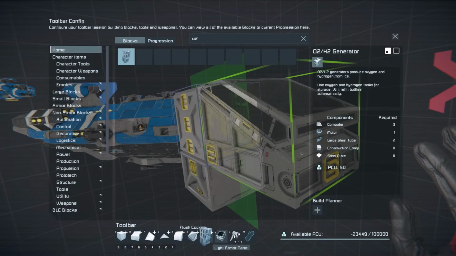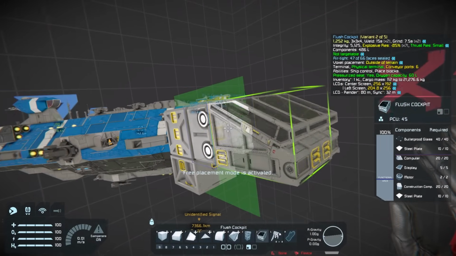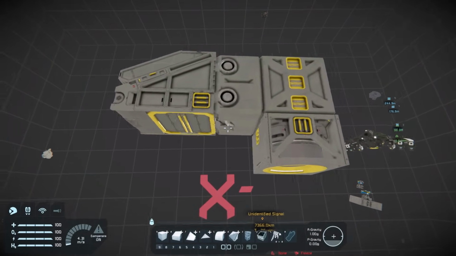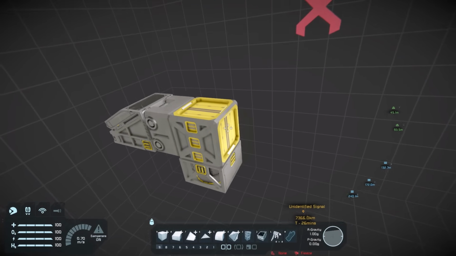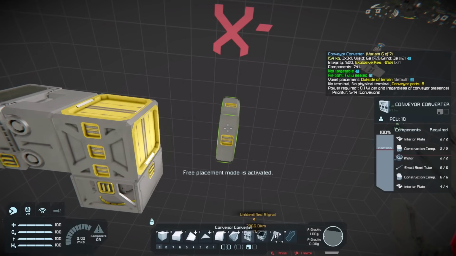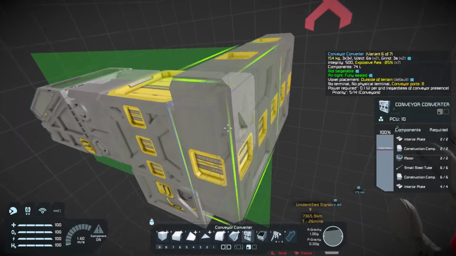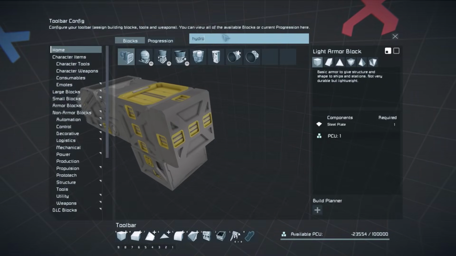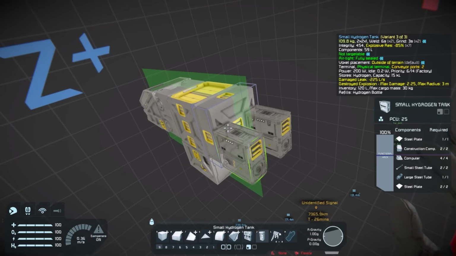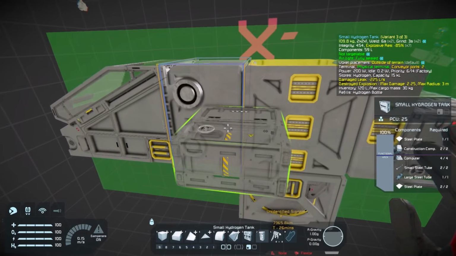I know what would line up perfectly with those conveyor ports. Okay, cool. I think this will probably be a hydrogen fighter. So a good way to turn a big port into little ports is with the conveyor converter. And then we're going to get some hydrogen tanks in here. So, I'm going to tuck them down like that. And then...